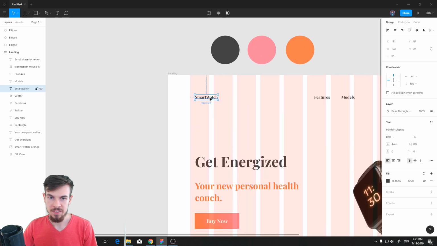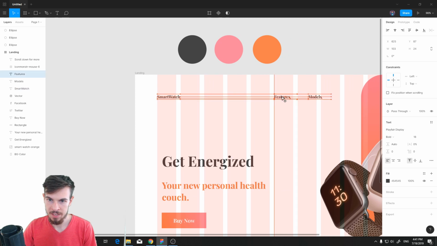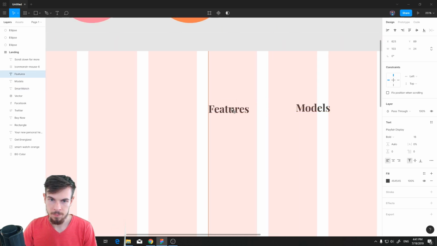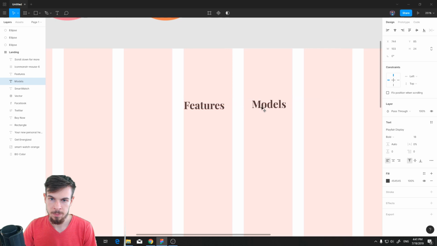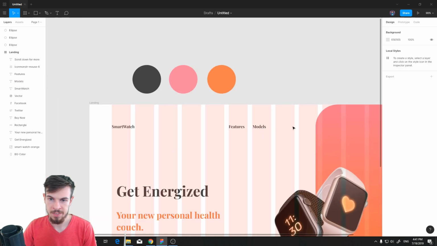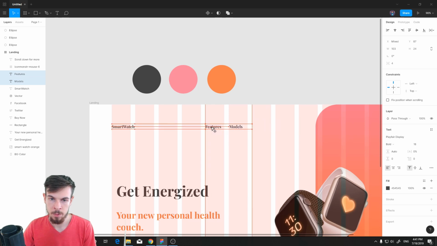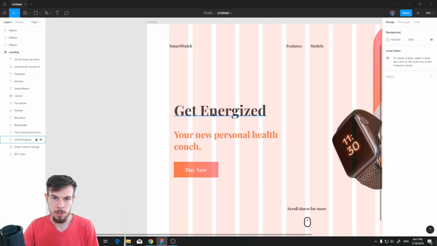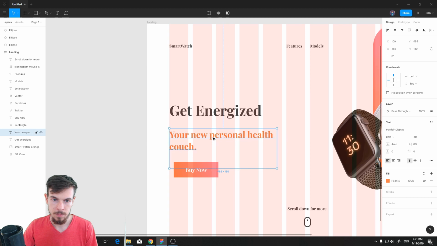Now I can just easily align everything to this. Boom. So this is the first one. I can align this to this box, and this to this box. There we go. If I want to add more, I can just add it here, or I can move them across like that. Okay, that's one. We can do this one,